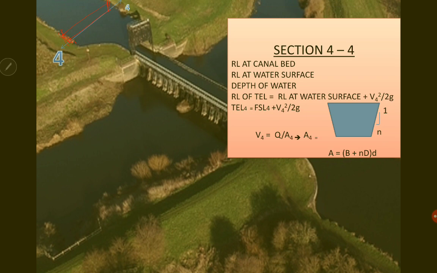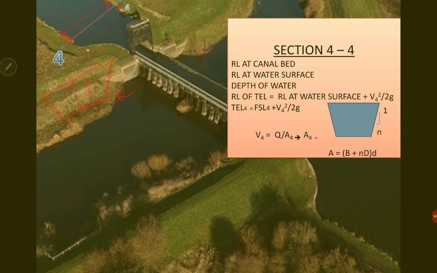So here in the section 4, almost all the parameters are known to us because it is the same as that of the canal section itself. So we will be knowing the bed level. The canal bed level will be given, and then the water depth will be given to us. So once you know the canal bed level, then you can find out the FSL of the river. How to find out? Suppose this is a section, I'm just drawing it here. This is section 4. The canal bed level will be given to us. The water depth will be given to us.